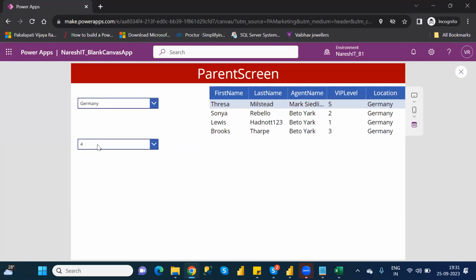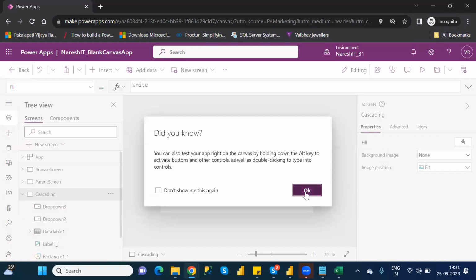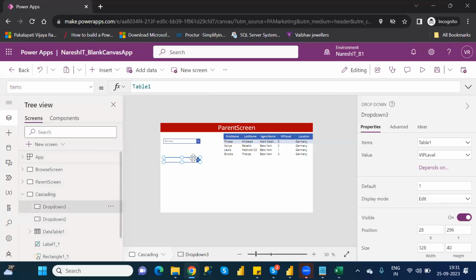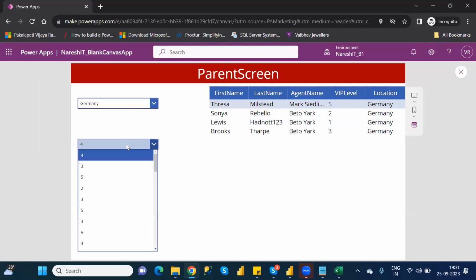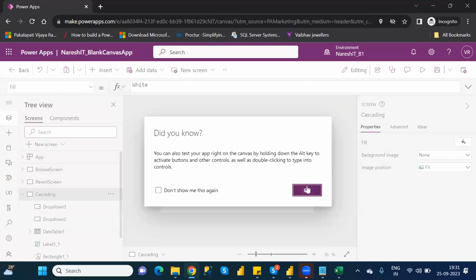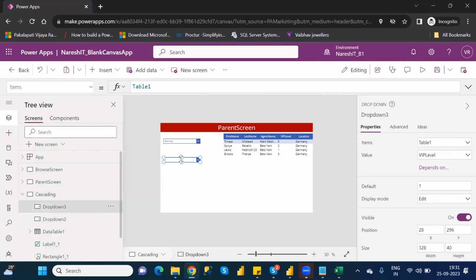If I'm selecting Germany and selecting VIP level 4, but this is not a filter. So I need to do the filtering here. Also, will it take distinct values or not? No, it is not taking them, there are duplicate values. So I need to take the distinct values for this particular one. And we can do the sort option also. We have to do all the things one at a time. So distinct,